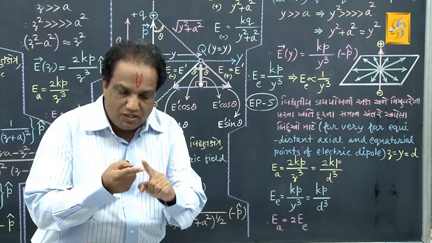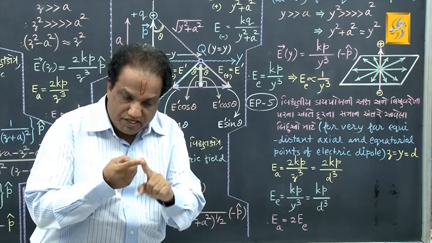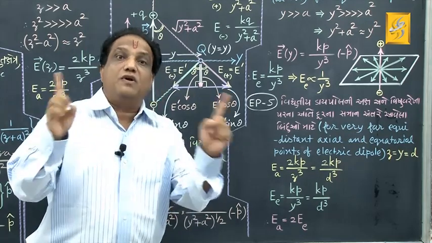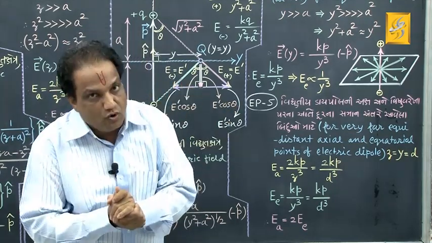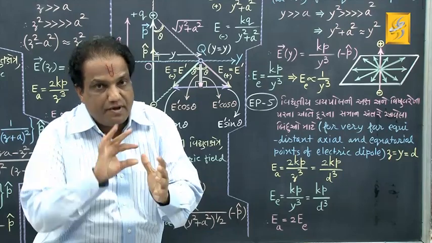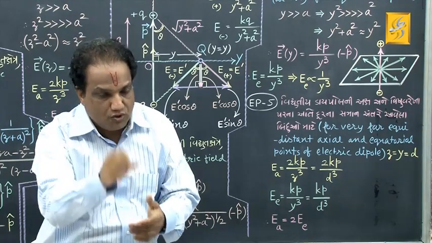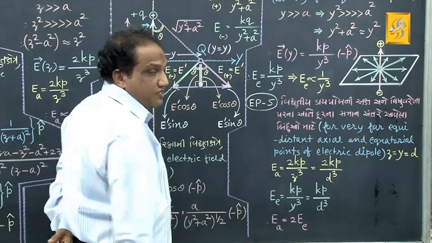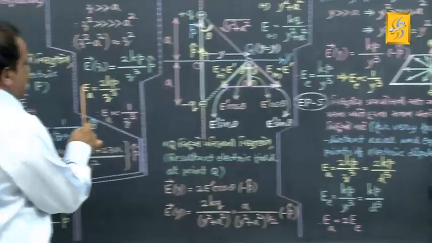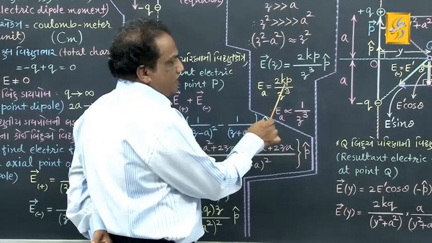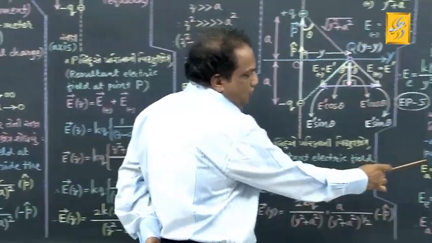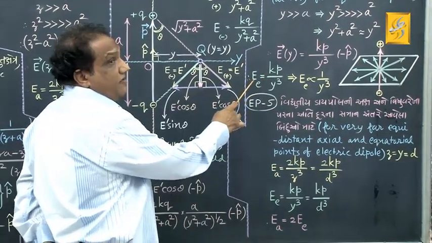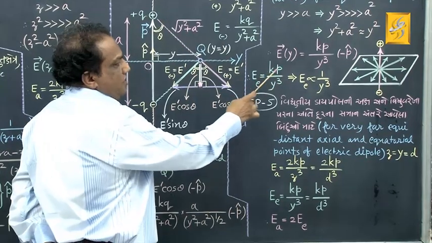So if you select 2 points, one on axis, one on equatorial line, very far and at equal distances from midpoint of the dipole, then let us make comparison between the electric fields. I am showing you. What is electric field at very far axial point? At very far axial point, EA equals 2Kp upon Z cube. Okay, fine. What about electric field at very far equatorial point? Kp upon Y cube,